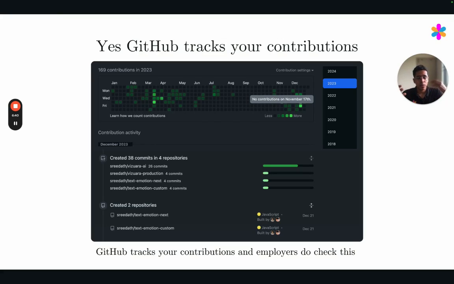And when I say contribution to GitHub, what I simply mean is I made some changes. I have a centralized GitHub repository where all my work is stored, and I made some changes to that work or to that project. So GitHub really keeps track of that. And if it's bright green in color, it means I made maximum contribution around that time. If it is completely black or gray color, it means very little or even zero contribution. So GitHub really does keep track of your contributions.